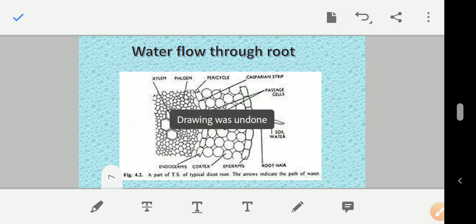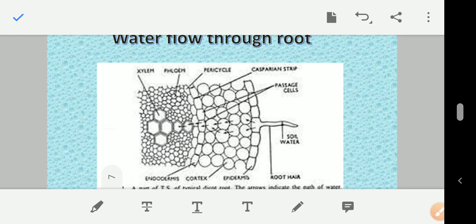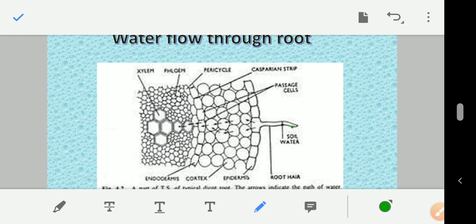Okay, why is the root hair adapted to absorb water? The foremost condition is that the cell sap of the root hair is concentrated. There is less water inside and more water outside, therefore they are able to absorb water. So water will enter from the root hair to the epidermis, then to the cortex. What is cortex? Cortex is the cells between the epidermis and endodermis. And then it enters into the unthickened areas of the endodermis and then to the xylem.